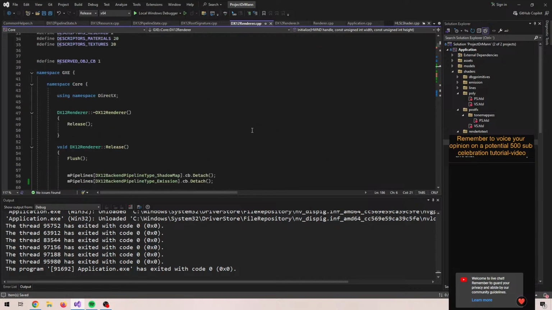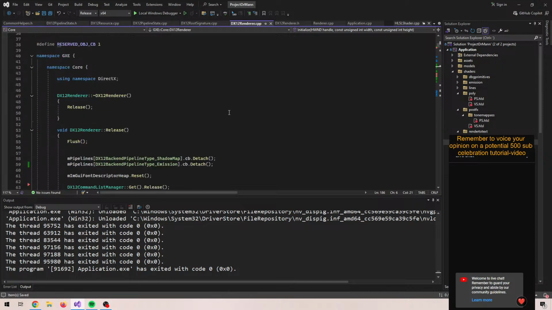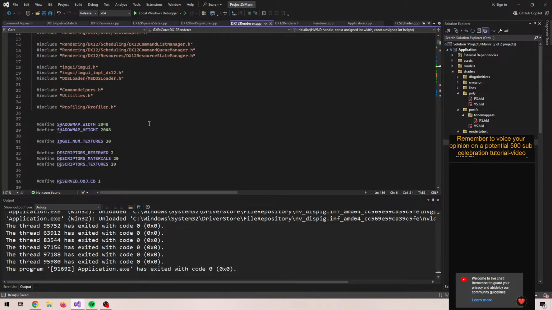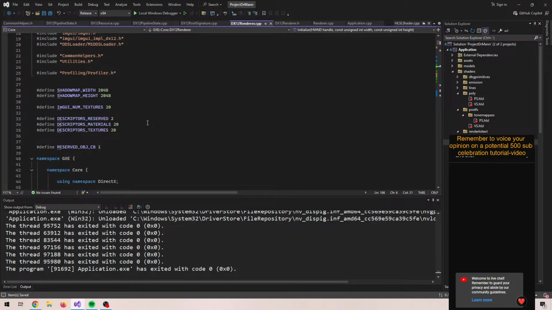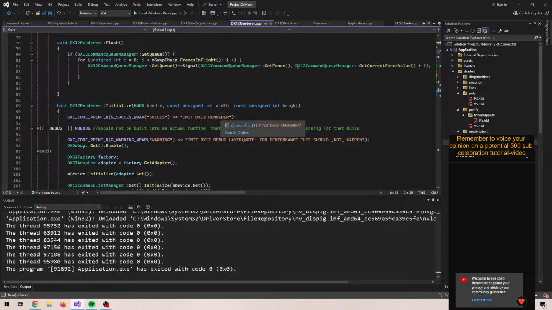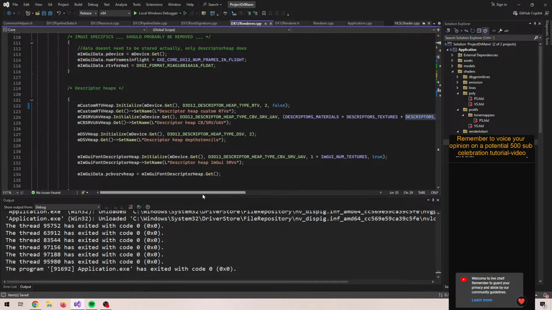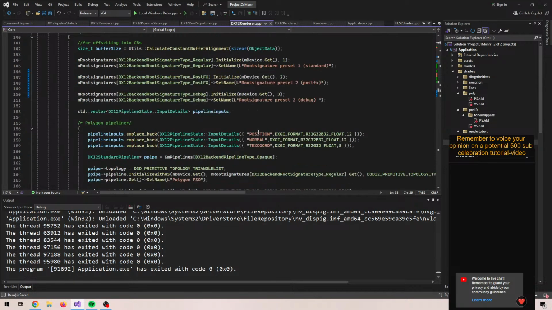Also, let's see. Descriptors reserved. Can I find where? So when we create the textures,